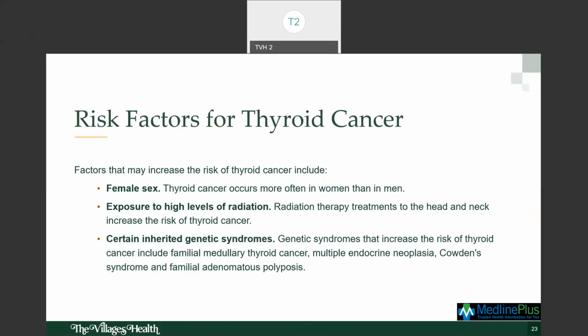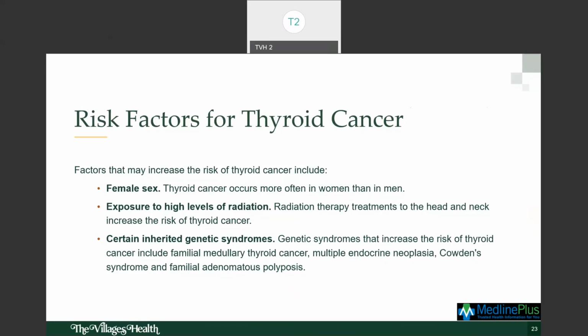And then there are certain inherited genetic syndromes that put you at a higher risk as well, like familial medullary thyroid cancer, multiple endocrine neoplasia, Cowden syndrome, and familial adenomatous polyposis. So these are some genetic conditions, some inherited syndromes that could put you at a higher risk for getting a diagnosis of thyroid